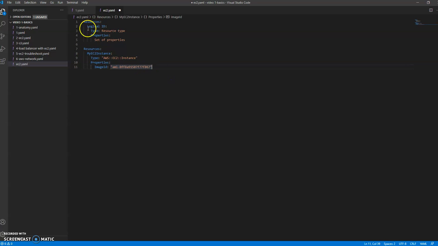The logical ID is the name of my EC2 instance. The type of the resource is an EC2 instance. And then we have properties, and in those properties we specify the image ID property. And that image ID,